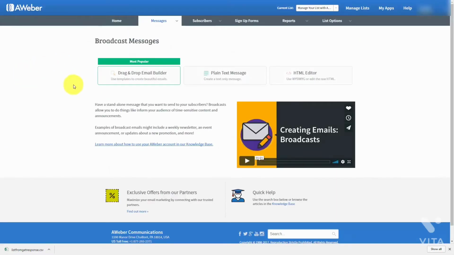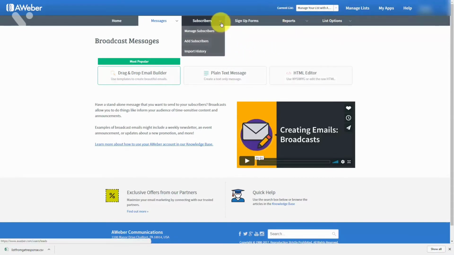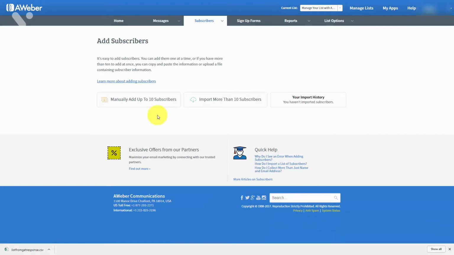What we're going to do is we're going to import that list in the CSV file into the list that we have just created inside of AWeber. We can do that by going to the subscriber area, and then we're going to go and click add subscribers. We're going to take a look at this button that says import more than 10 subscribers. We're then going to click this button and then grab the file that we